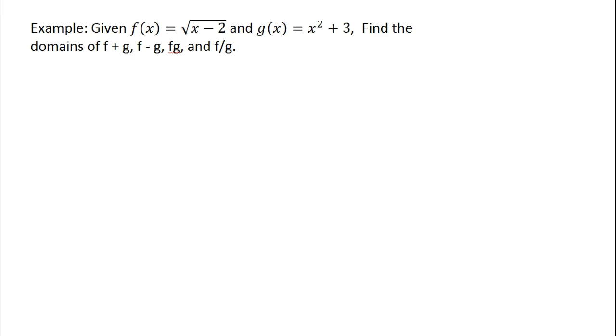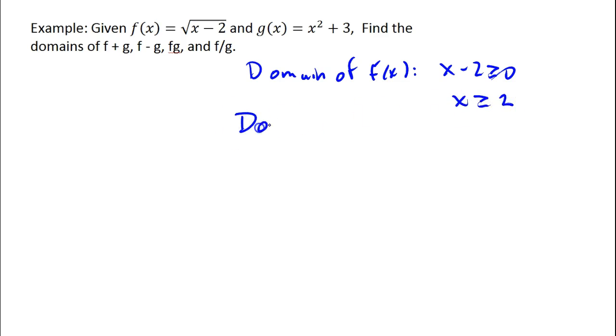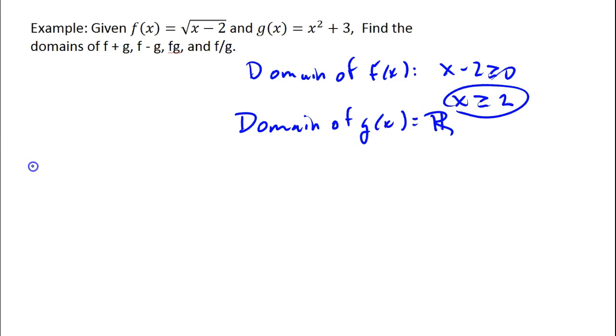Domains. Basically you want to go with the intersection of the domains of the two functions you're operating on, okay? So the domain of f of x is x minus 2 must be greater than or equal to 0, so x is greater than or equal to 2. The domain of g is all real numbers, since it's a polynomial. The intersection of x greater than or equal to 2 and all real numbers is x greater than or equal to 2. So that will be the domain